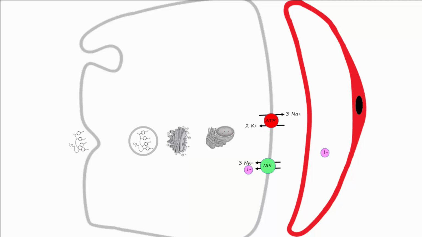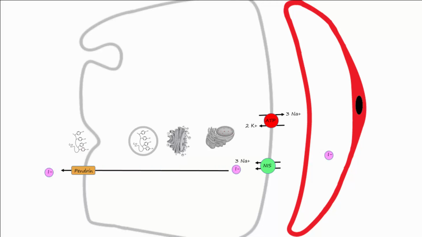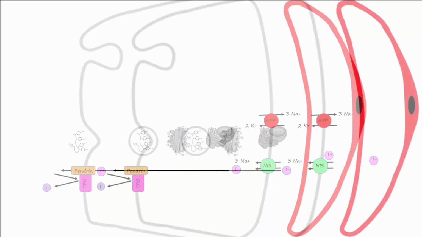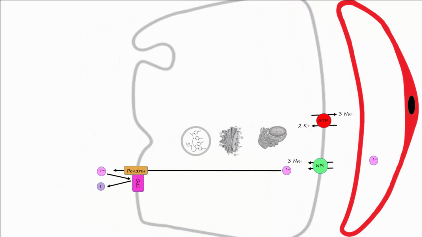There is a protein carrier called pendrin located on the apical membrane that transports iodide from inside of the cell into the lumen of the thyroid follicle. Also on the apical membrane, there's an enzyme called thyroid peroxidase, or TPO. Inside the lumen, TPO oxidizes iodide, or causes it to lose an electron, to become iodine. Iodide being oxidized to iodine